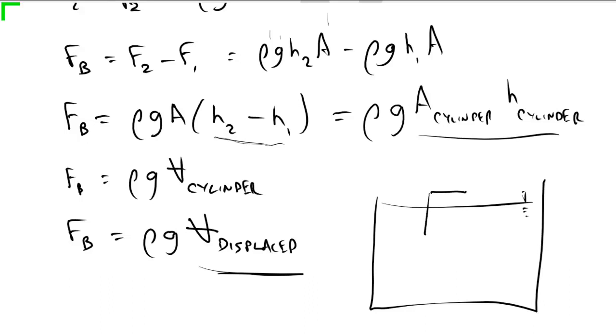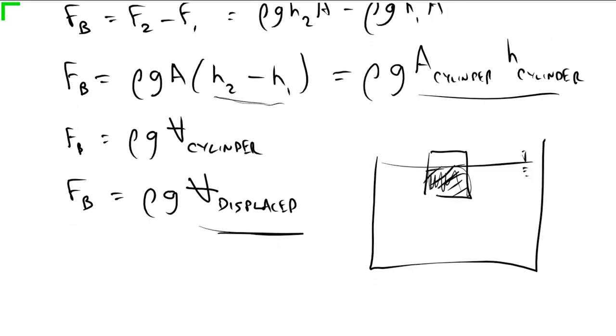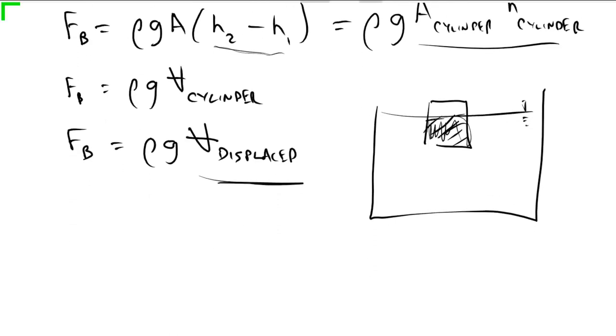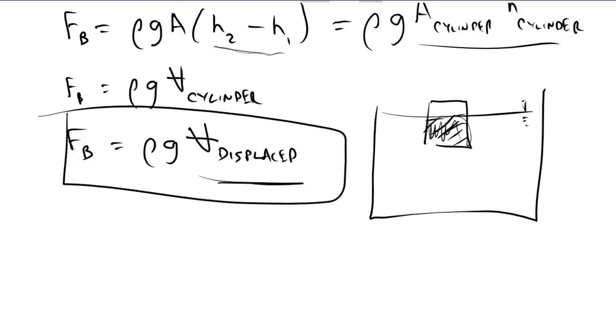Then if it's only partially submerged, then your buoyant force is only related to this volume, which is submerged. So it's very important that it's just the volume of fluid which is displaced. So this is the buoyant force. This is Archimedes' principle. So there's one way to say it. The buoyant force is the density times gravity times the volume of the displaced fluid, and this is the density